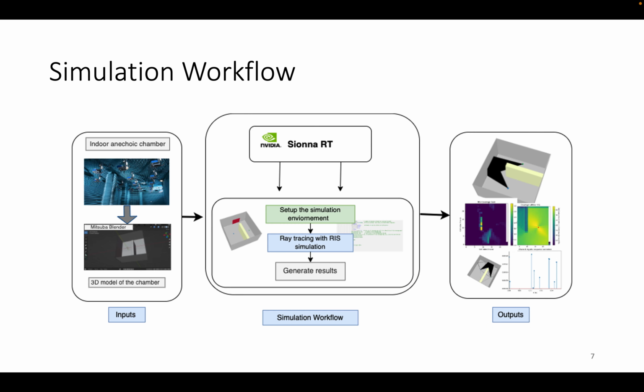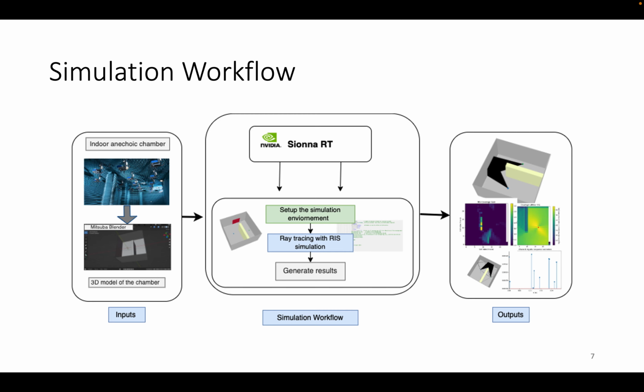So, with this tool, we can either model a real chamber, like the anechoic chamber at INRIA, by scanning it with LiDAR, or we can manually define a synthetic 3D model. In both cases, the resulting environment is fed into Sionna, where we introduce the RIS model and study its impact on coverage. Sionna produces results such as coverage maps and receive signal strength maps, which allow us to analyze the